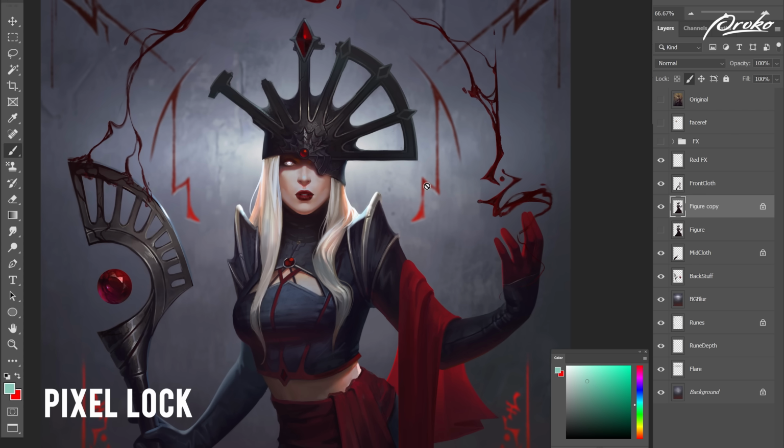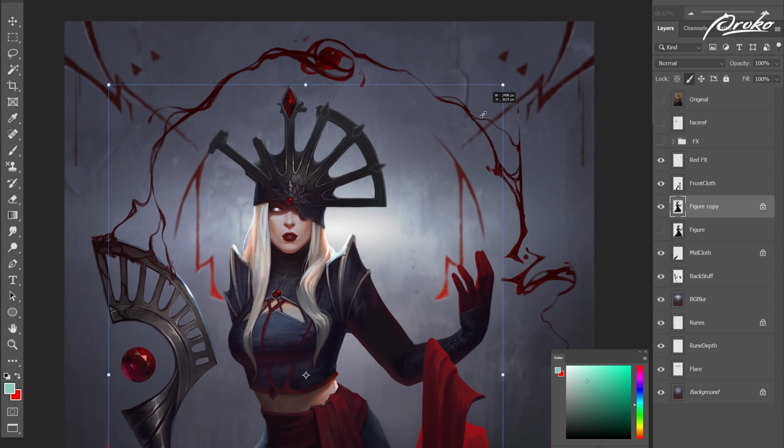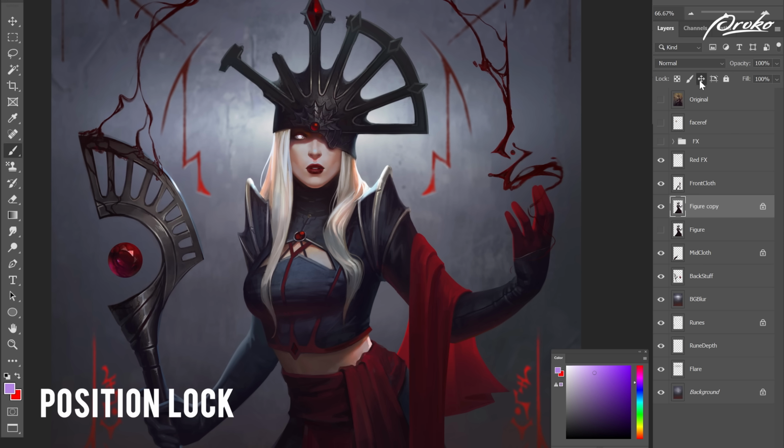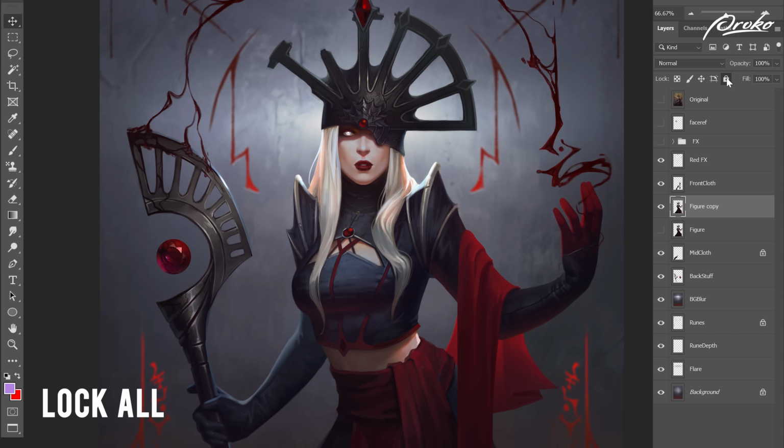The pixel lock locks all of the pixel content on the layer, meaning you can no longer paint on it, but you can still move it with the Move tool or transform it with the Transform tool. The position lock is the opposite of pixel lock. This will allow you to paint on the layer, but you are no longer able to move or transform the layer. Finally, Lock All will lock the layer entirely, meaning it cannot be edited in any way until the lock